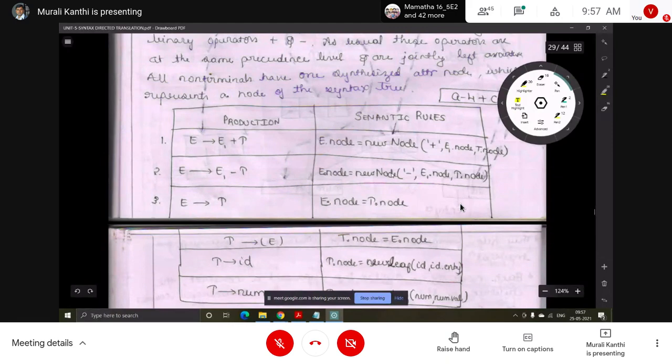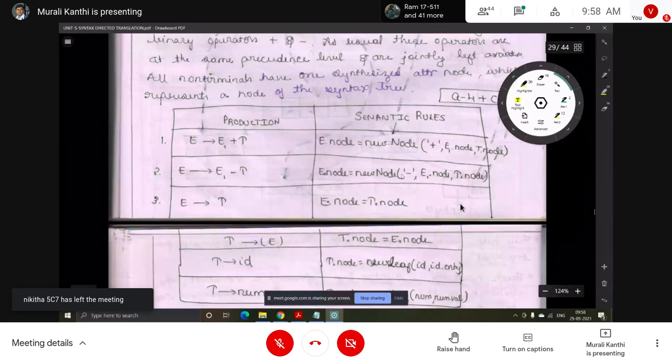Second part for the left child and third part for the right child. You know, in the data structure, in the linked list, same thing. The node is divided into 3 parts. First part is generally used for the address, here for the operator. Then the second part for the address of the left child node, then the third part for the address of the right child. So that means left child and right child.